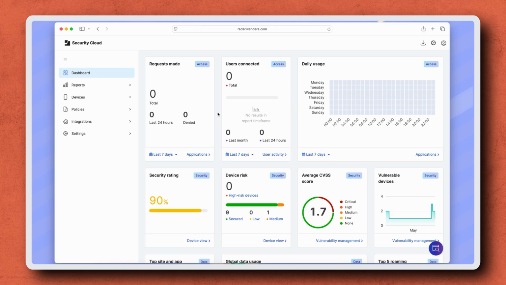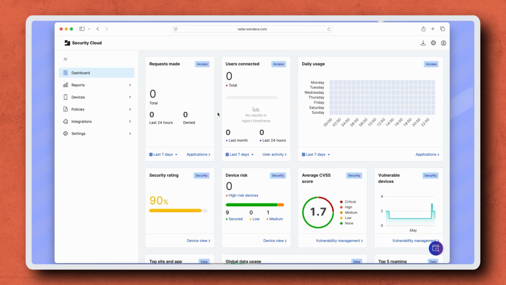There are requirements to complete before deleting a device from Jamf Security Cloud. For managed devices, remove the device from your Unified Endpoint Management or UEM solution, such as Jamf Pro. This also ensures the Jamf Trust app is removed from iOS and iPadOS devices. For unmanaged devices, ensure the Jamf Trust app is removed from the device before deleting it in Jamf Security Cloud.